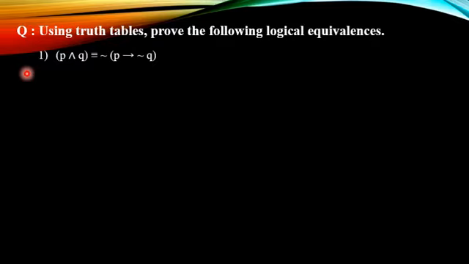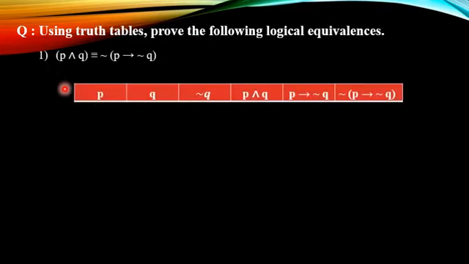Now here there are two prime components, P and Q, and 1, 2, 3, 4, four logical connectives. So to construct the joint truth table of two statement patterns, we require 2 plus 4, that is 6 columns. The columns are: first P, second Q, then we find negations, so third column is negation Q, fourth column is P and Q, fifth column is P implies negation Q, and sixth column is negation of P implies negation Q.